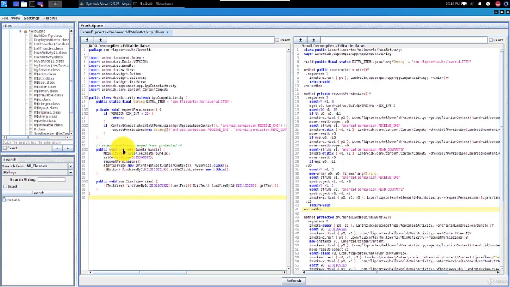Okay, so let's consider the challenge we presented earlier, where the network security analyst told us that they saw data being exfiltrated to Postman-Echo. Now, Bytecode Viewer has a search utility over here. We can search strings, regex, method calls, and field calls.